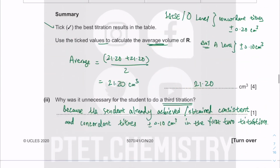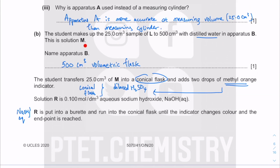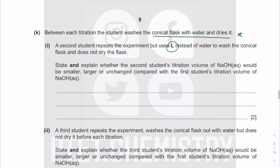Your titration just now was using M. Your solution was using M. So your titration was using the diluted solution, but you wash it with the concentrated L. Okay, so L is the concentrated